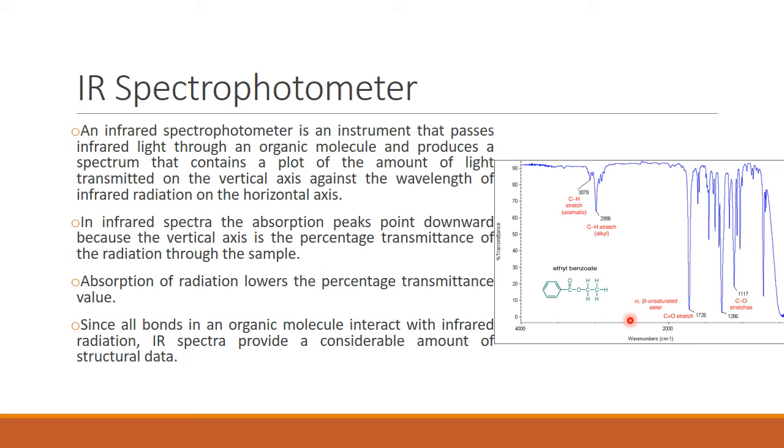So from evaluating the IR spectrum we can understand what the chemical composition of the system is. So absorption of radiation lowers the percentage of transmittance. In some of the diagrams it may be just the reverse. So usually the infrared spectroscopical figure will be defined based on percentage of transmittance, so that usually the figure will be taken like this. In some cases the peak may be just the reverse. It may be rising there. The y-axis may be absorbance